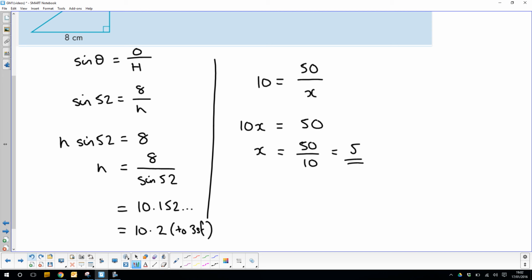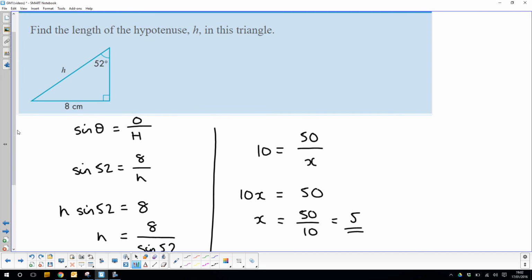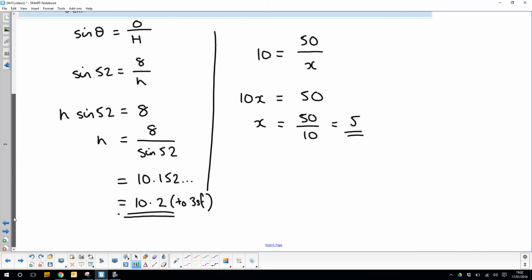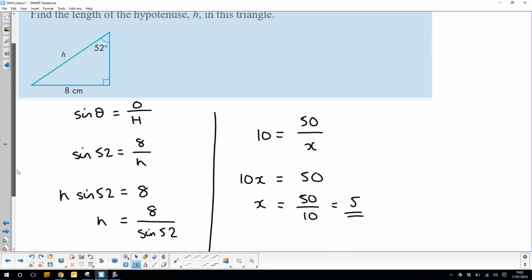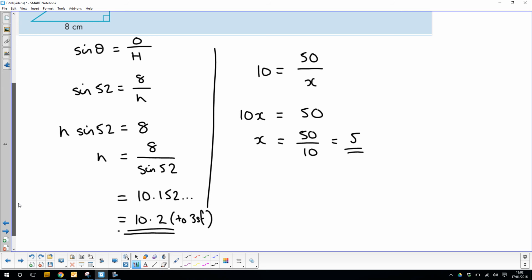Then again we do that final step, which is to go back and check that it looks about right. Firstly, it's bigger than 8 centimetres, which is good. It has to be bigger than 8 because it's the hypotenuse. So 10.2 centimetres, which I didn't pop in there, so maybe we should. Let's just quickly add that. 10.2 centimetres